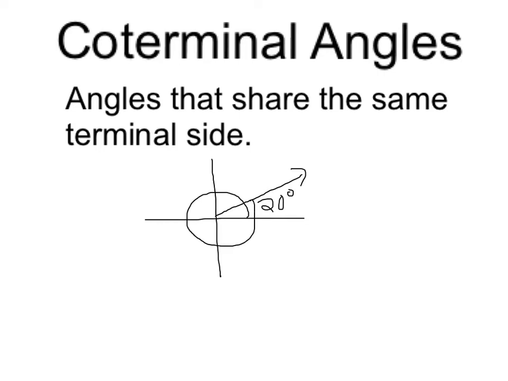Coterminal angles are angles that share the same side. For example, if I draw the x and y axis here and draw an angle of approximately 20 degrees, an angle that could be coterminal could start at the initial side and go all the way around to the terminal side. So that new angle we've created has gone a distance of 360 degrees plus 20 degrees